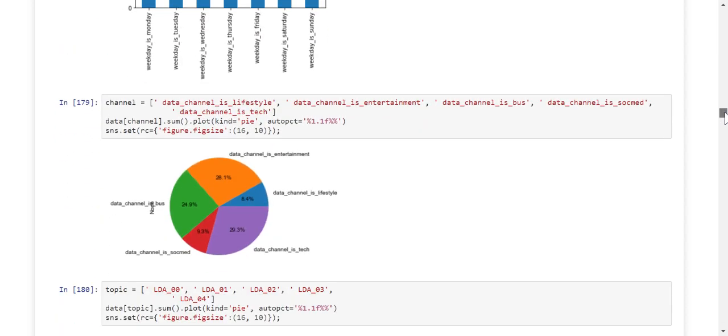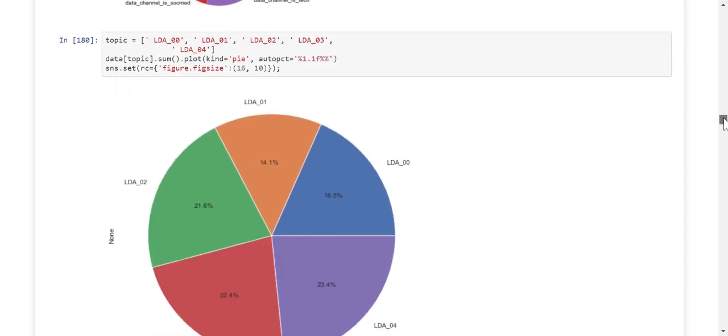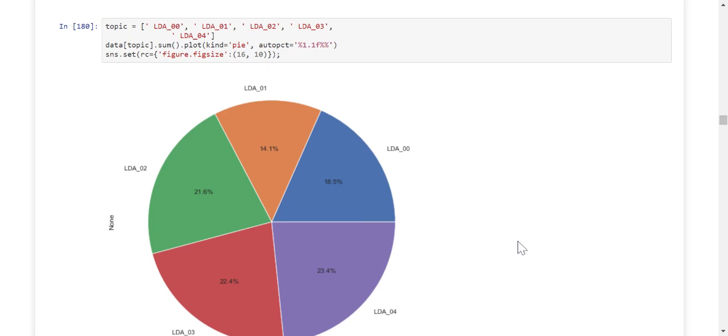Then the next graph displays the genre of all those articles. So we've got five genres, which are entertainment, lifestyle, tech for technological, socio-medical, and business. The most famous out of all these five is technological, followed by entertainment, and the least favorite is actually lifestyle. It does not have that many views. Then we have all these topics.